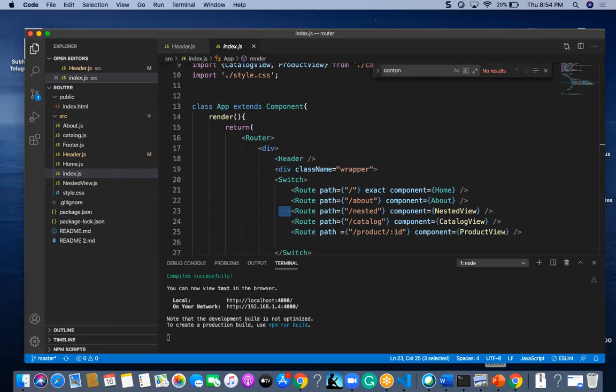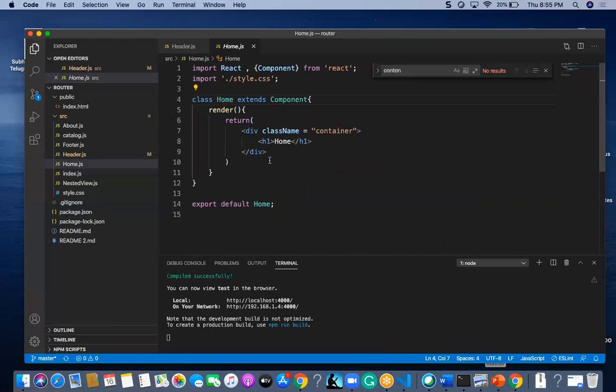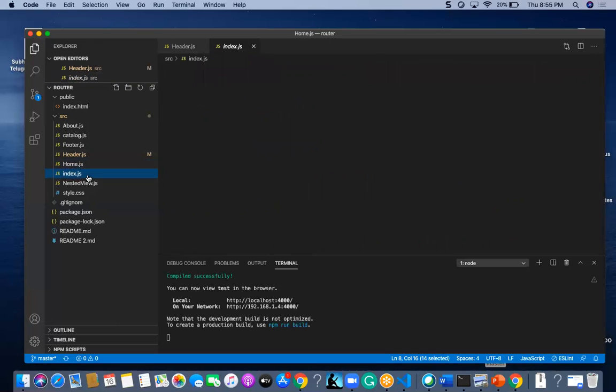So path is slash, component is home, which means for the path of slash, the component will be home. It will go and check where this home component is located, and it will return that particular home.